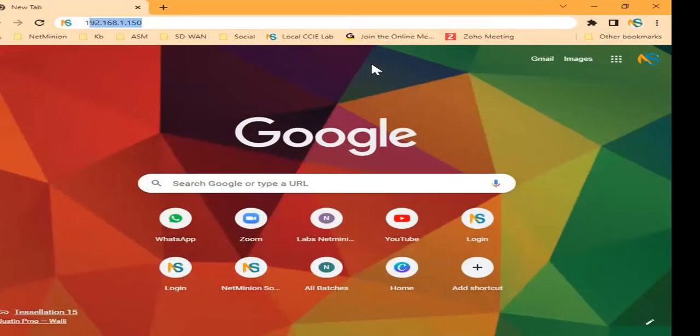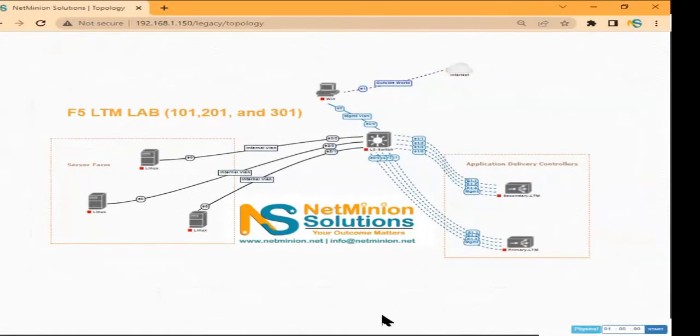Now, let me show you how F5 is visible, how it looks, probably. If you guys are already working on it, that is great. If not, let me just open the lab. By the way, you guys will get this lab. Give me a minute. This is a CCI lab. Let me open the lab for F5 LTM. Just a minute, please. Okay, here you go.